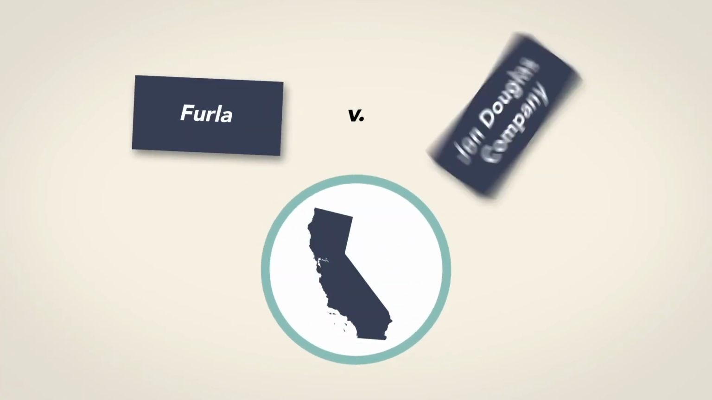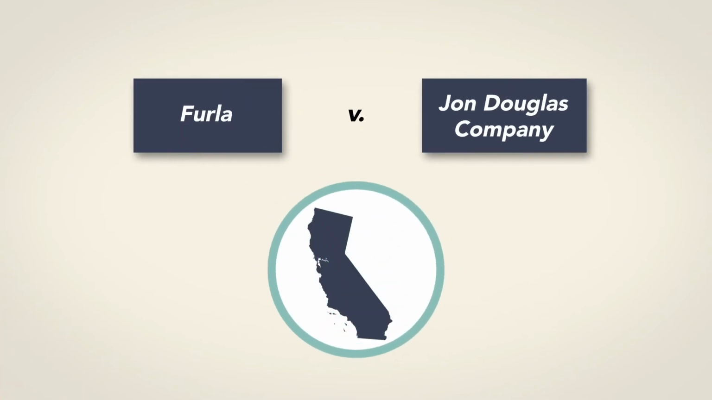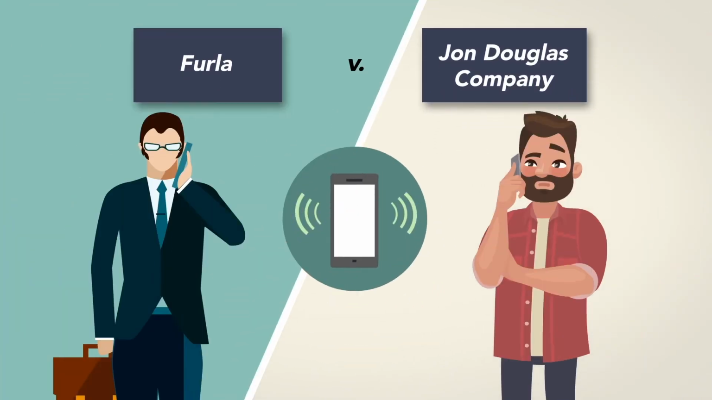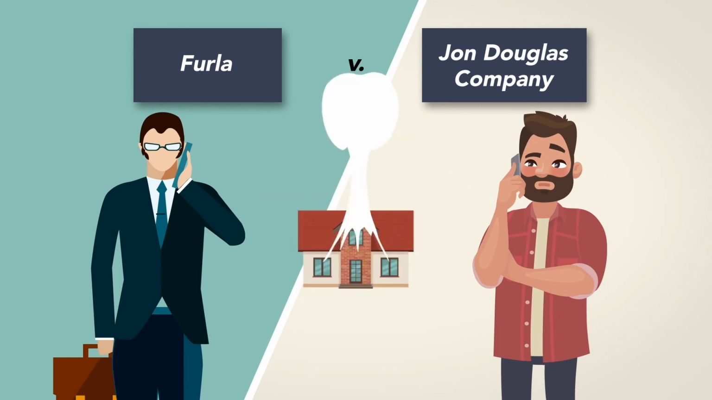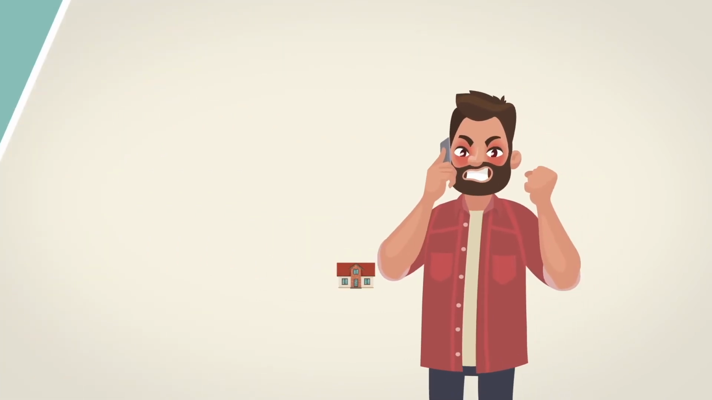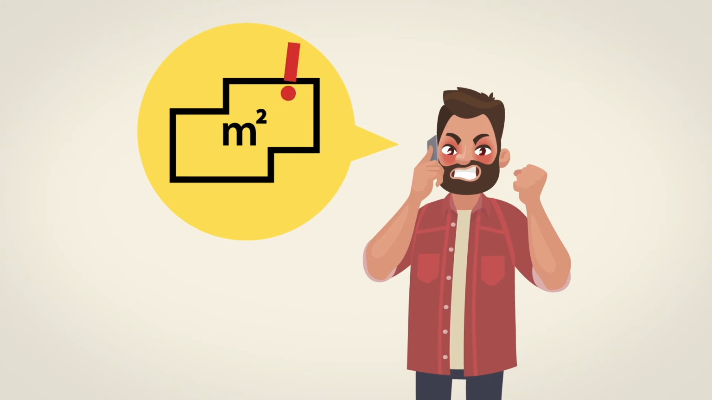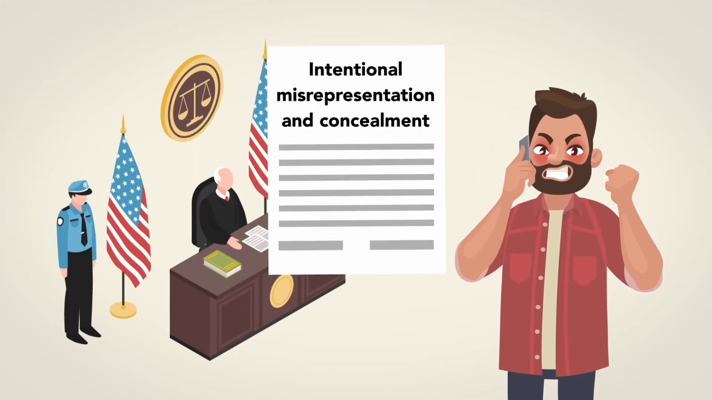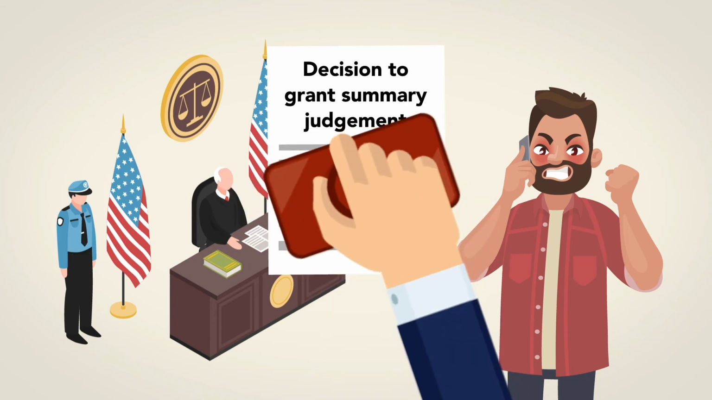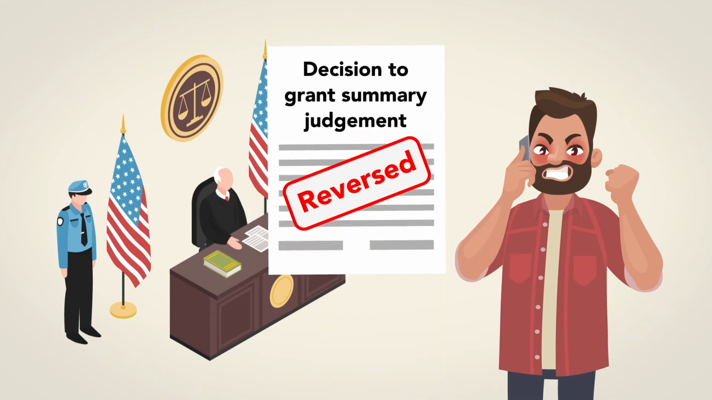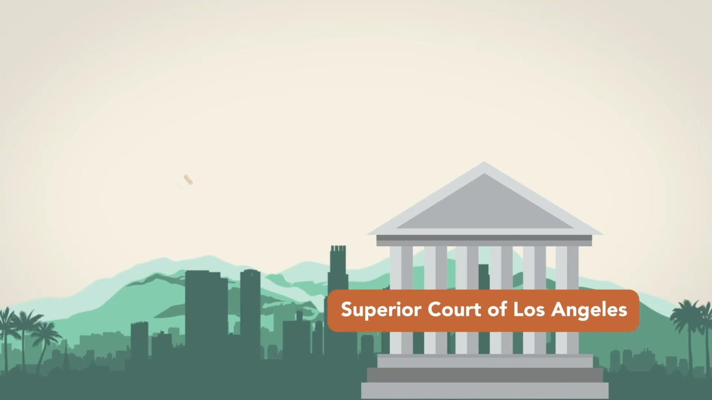The California case of Furla v. John Douglas Company involved a dispute over the inaccurate communication of a property's square footage to a seller. Upon finding that the agent provided him with the wrong square footage calculation, the plaintiff filed suit for intentional misrepresentation and concealment. In reversing the trial court's decision to grant summary judgment, the Superior Court of Los Angeles ruled that